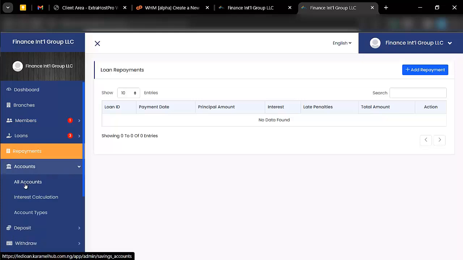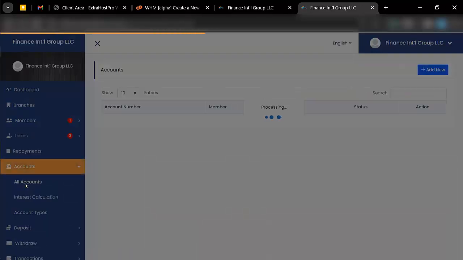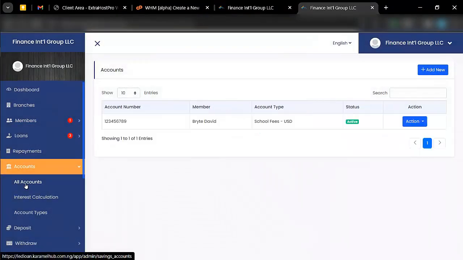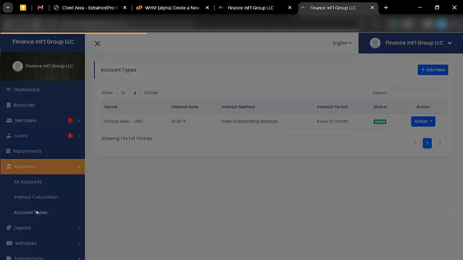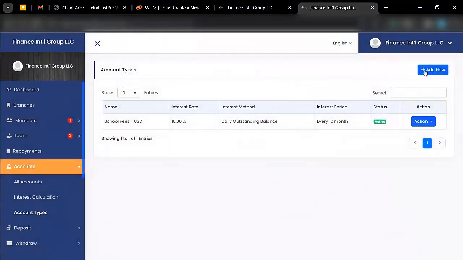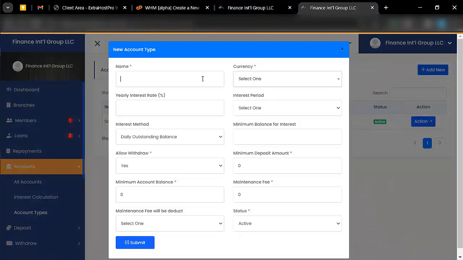Then you also have accounts. Now, what is accounts? Now, the admin needs to give each user an account, but the admin can only give a user an account if he has already set up the type of account. Okay, so now we're going to come here, we're going to set up types of account, and we're going to do this. We're going to call, let's say we call this